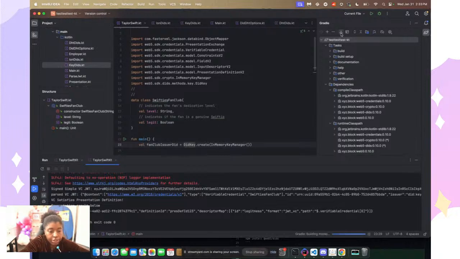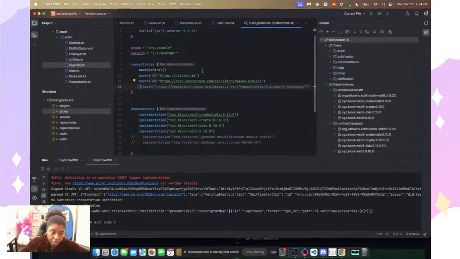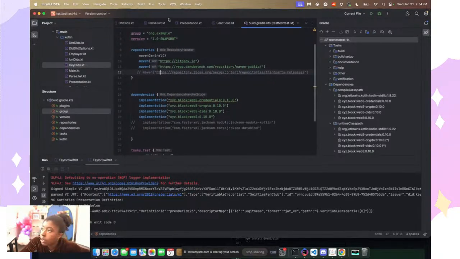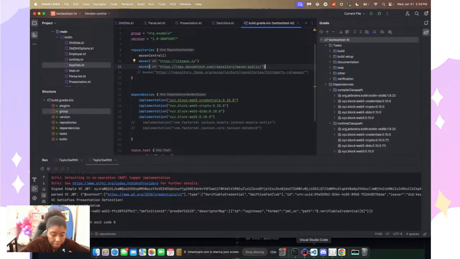I don't really understand how Gradle works, but I think this is like the equivalent of a package.json in JavaScript, right? Where you put all of these dependencies in here. I don't get what the repositories are for, but maybe the repositories pull these packages or hold these packages in them. But it looks like it was able to work just fine. So this is a good point that I don't need this. So I'm going to take this out